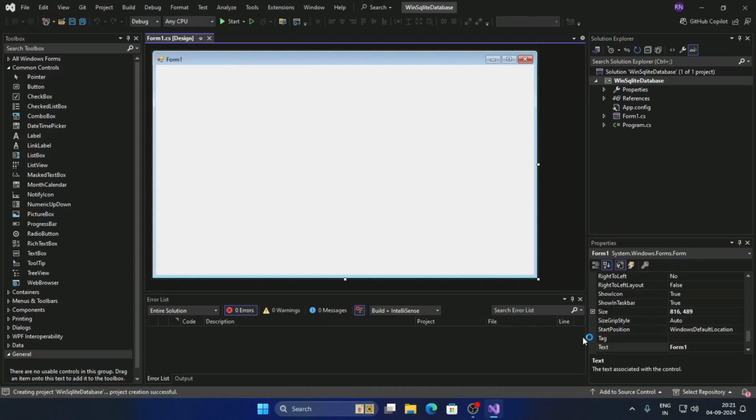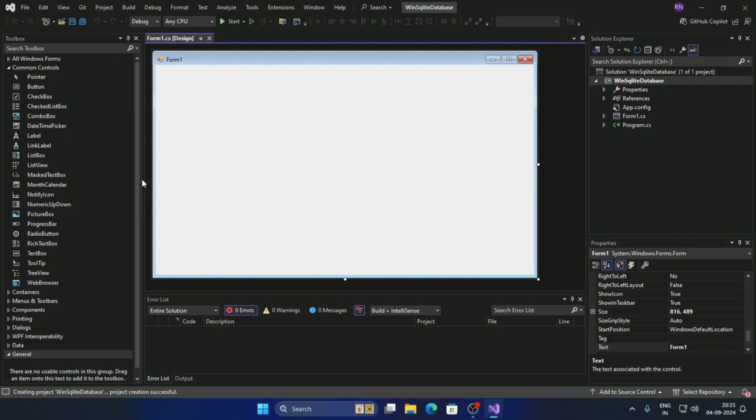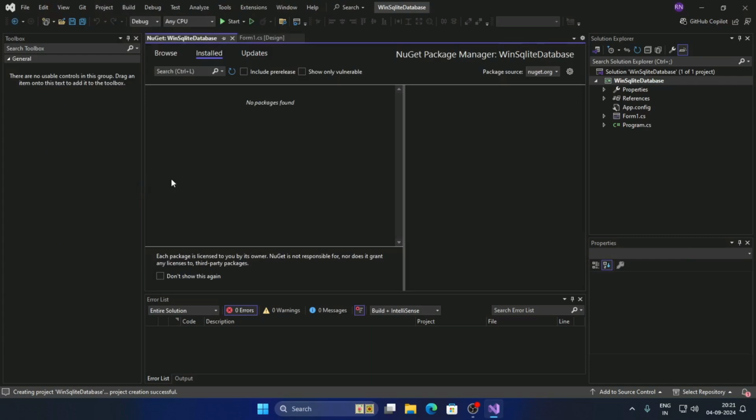Now solution is building. So first go to the project, click on here and click on manage NuGet project package and search here, click on browse and search here